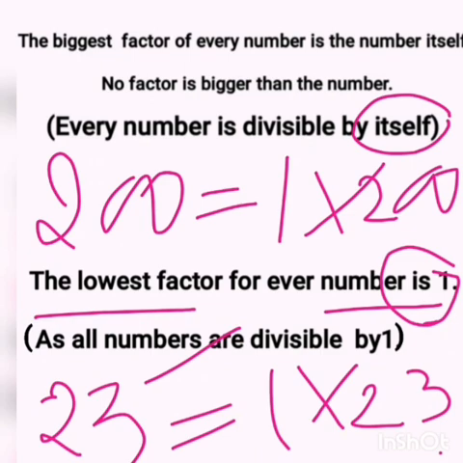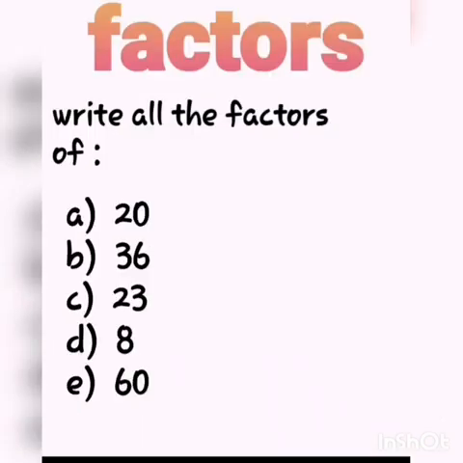And in between 1 and that number there can be several other factors. They can be any number of factors, which we can find by dividing the given number by all the numbers less than that number, right? So take different numbers and divide them by all the numbers less than that number to find out all these factors. You will be amazed to see how many different factors numbers have. So children, please practice these questions, as these questions are from the school book. Write all the factors of 20, 36, 23, 8 and 16.